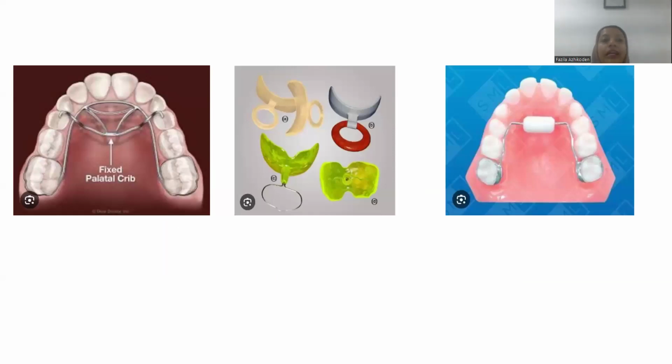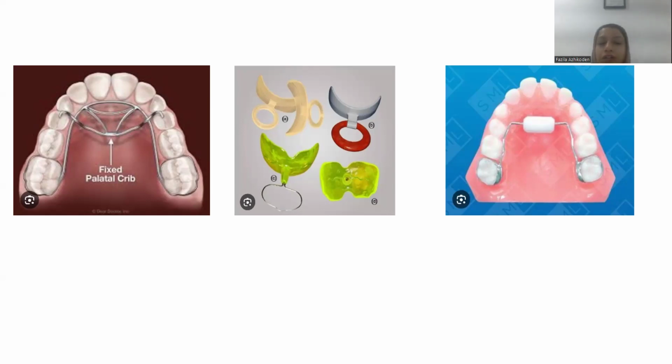And coming to the intraoral approach, that is, we are placing into the oral cavity. So what happens is that in this habit, thumb sucking habit, the child is having a pleasure because he or she is able to place a thumb or digit into the oral cavity. So if that pleasure is cut off, if there is any hindrance for the placement of the thumb, gradually the child feels that I'm not getting sufficient pleasure. So the child will try to eliminate it, will try to withdraw from the habit, and those things are done by the different intraoral appliances